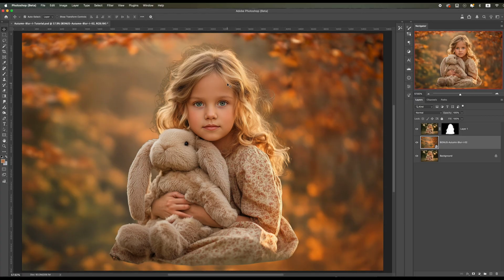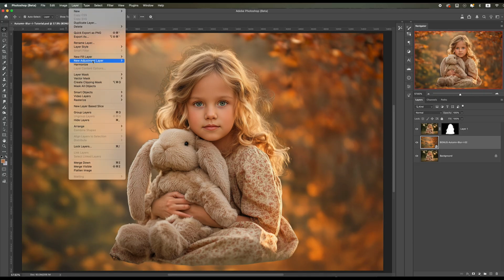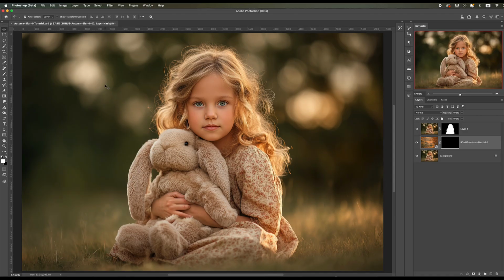All right, now we're going to hide this background layer with a layer mask. So go to Layer, Layer Mask, and then select Hide All. This allows us to brush it on in the spots that we'd like to brush it on so that we can control the placement. And to do that, you're going to select a brush